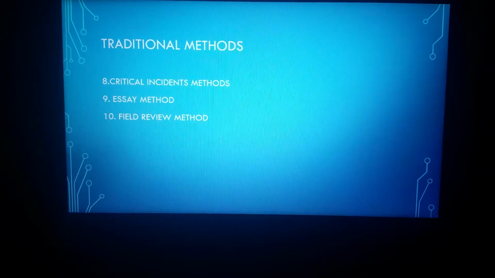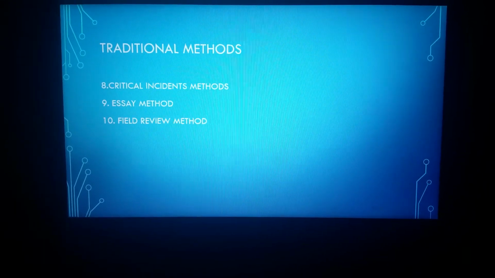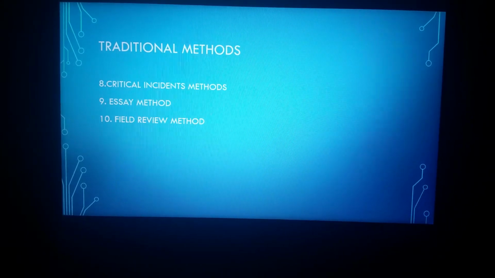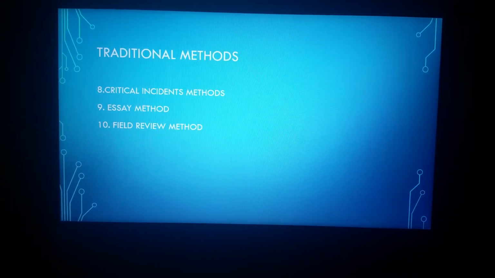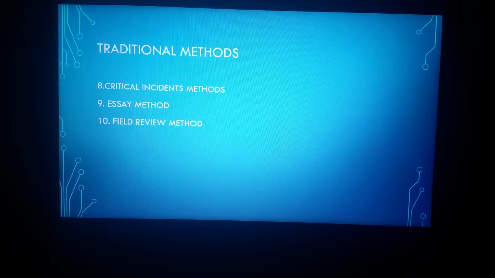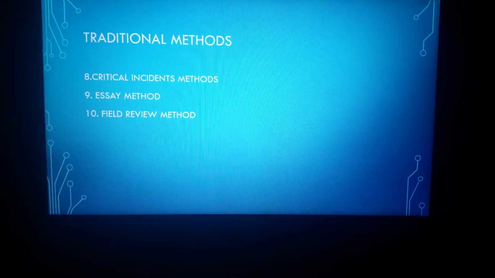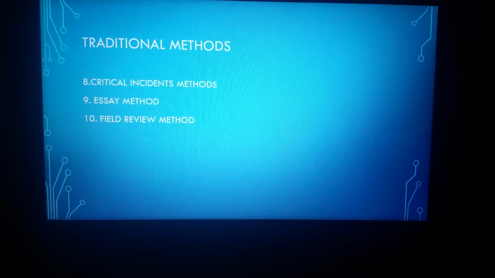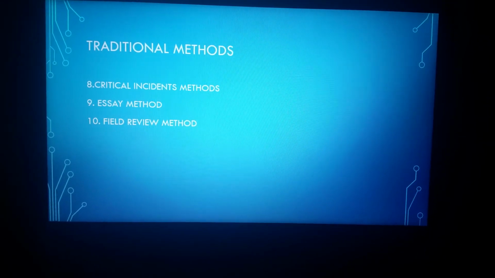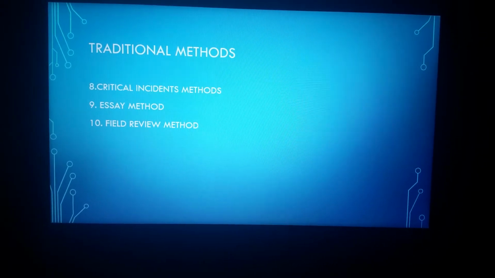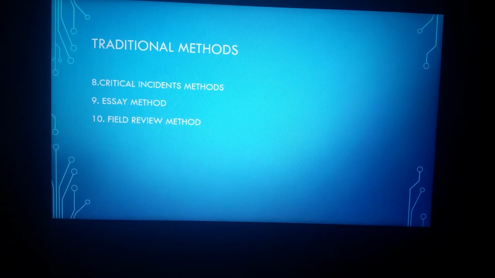Under this method, a trained employee from a personnel department will interview the supervisors about their respective subordinates, and supervisors are asked to give their opinion about the various subordinates regarding their job performances and their progress at work. On the basis of this, the HR department specialist prepares detailed notes. Then these notes are approved by the supervisors and placed in the personal folder of the employee.